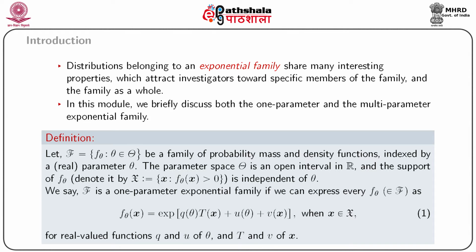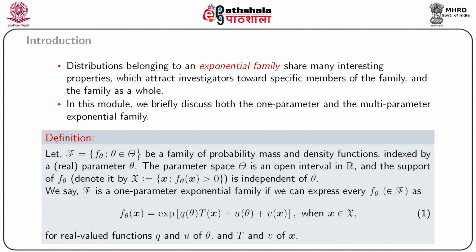We say that script F is a one parameter exponential family if f theta x can be expressed as f theta x equals e to the power q theta into t x plus u theta plus v x, where q theta and u theta are real valued functions of theta,